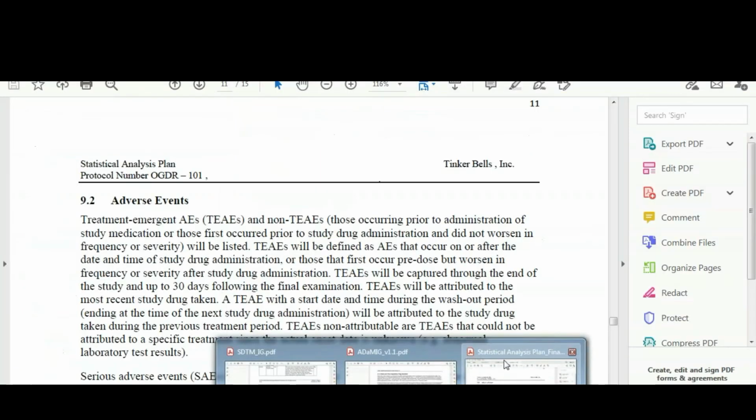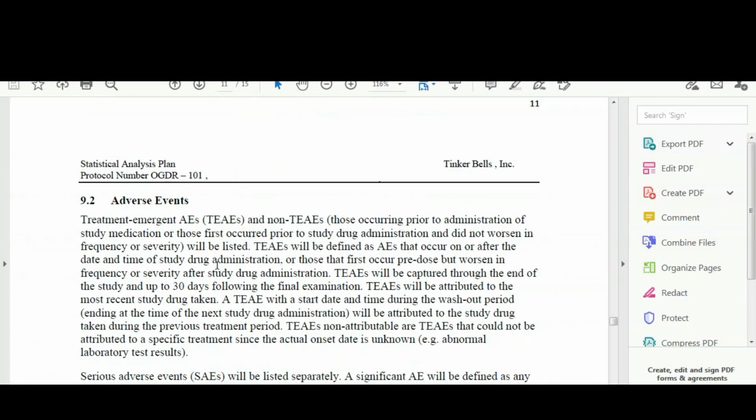If you see the treatment emergent flag, the definition is shown in the SAP document. Treatment emergent adverse events are those occurring after the administration of study medication, or those that first occurred prior to the study drug administration and did worsen in frequency or severity.